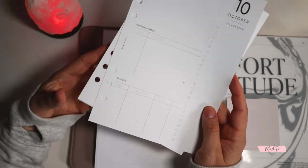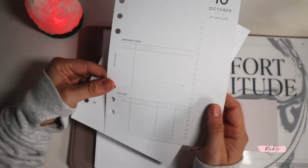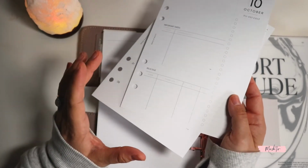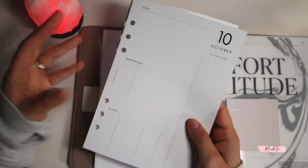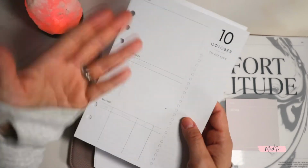And it also gives you a section for bills. So perhaps this is your first year in university, where this is the first time that you're living on your own. This is a fantastic way for you to actually remember what it is that you need to pay and when. And then on the side, it gives you a full to-do list of just anything small that you have to take care of for the month,